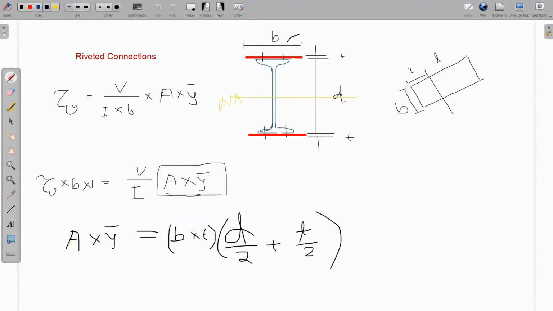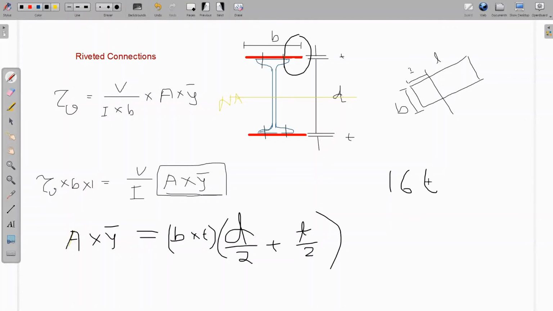This portion is called the outstand. This is beyond the rebate. Some guidelines are there in the code book. What is that? The outstand of the flange plate beyond the rebates, in compression and in tension. It is talking about when this is under compression or when this is under tension. It should not exceed 16 T.